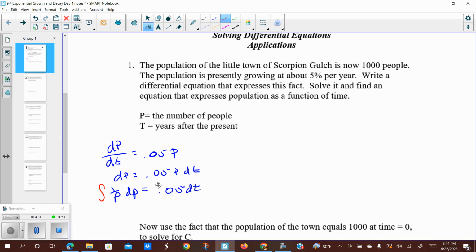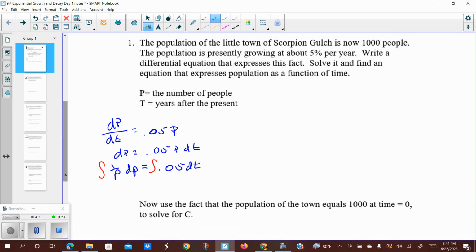We can now take the antiderivatives or integrate both sides so that we have to use the antiderivative technique. On the left-hand side, we know that we get the natural log of the absolute value of p. On the right-hand side, there's no t's in it, so it's just going to be 0.05t plus c. And then to solve that for p, we're going to exponentiate. Take e to be the base of both sides. e to the natural log of absolute value of p is just going to give us p. e to the 0.05